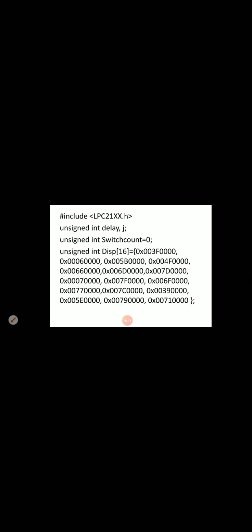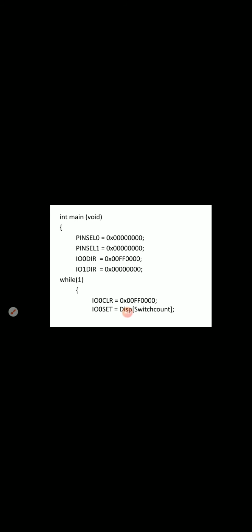I will write it here. This is how we are going to display it on the LED 7 segment display. There are segments A, B, C, D, E, F, and you have G here.